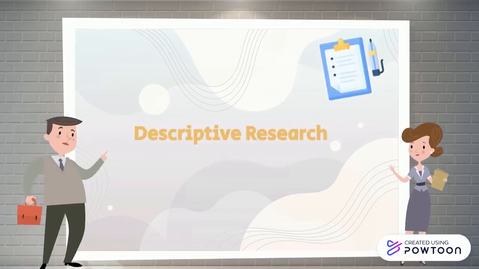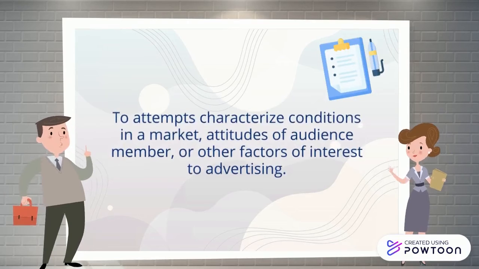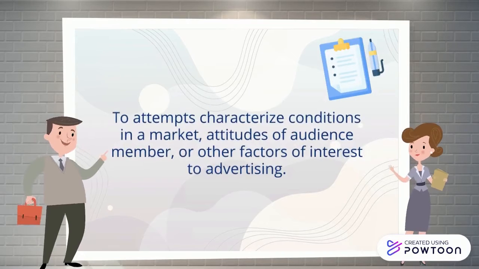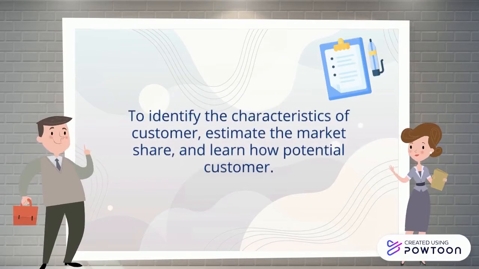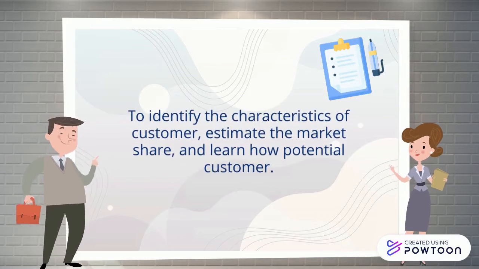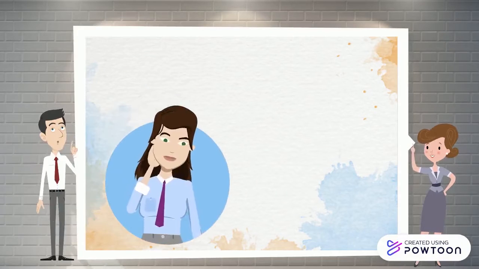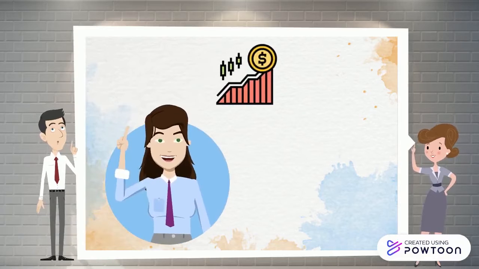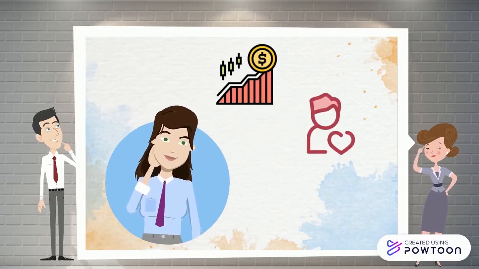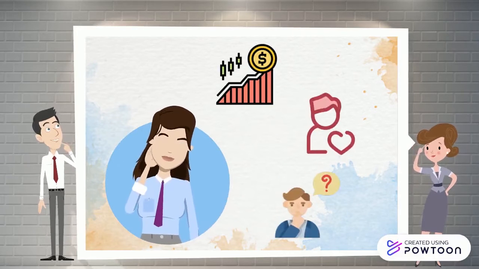Second, descriptive research. We try to understand the characteristics of conditions in the market, attitudes of audience members, characteristics of customers, market shares and so on. A snack food owner needs to understand the current state or trend of the market, about what flavor people favor, how it changes and when it changes, before asking for the why.